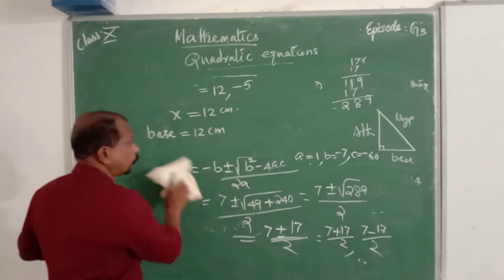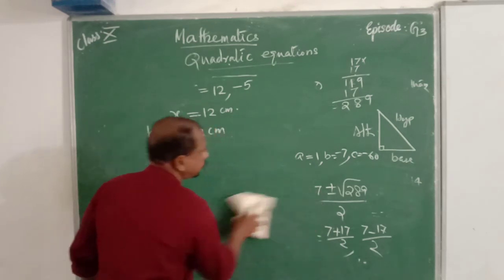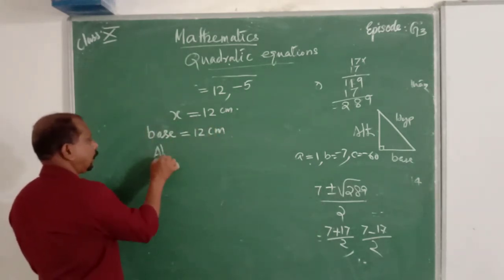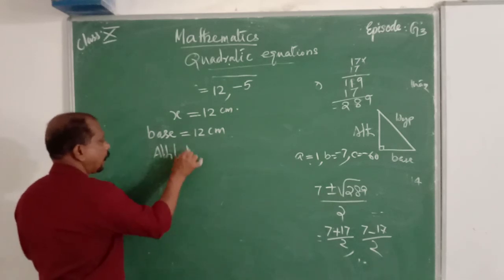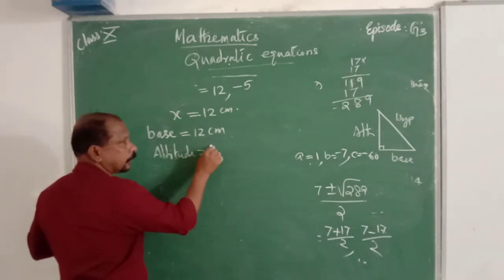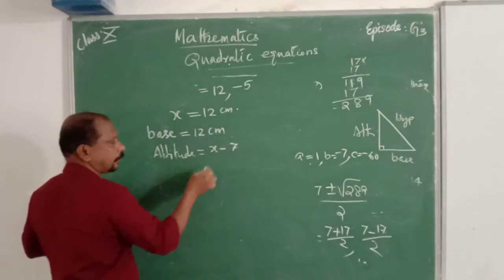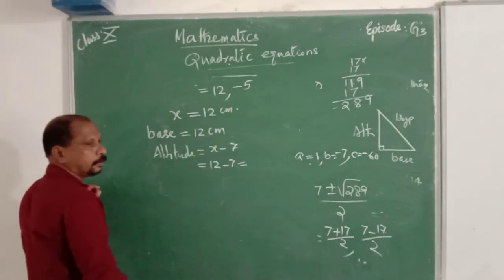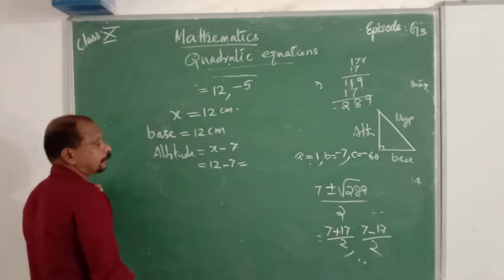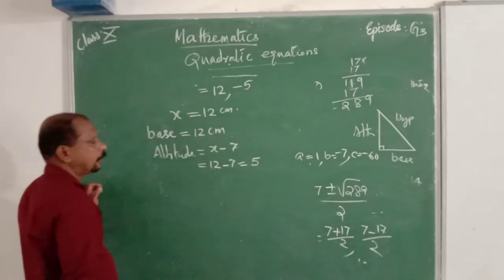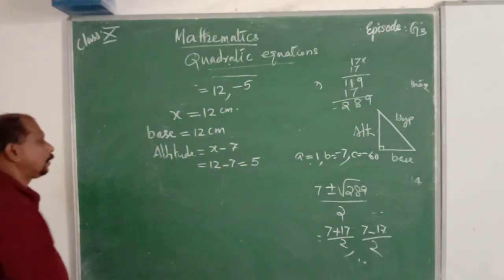Then what is the altitude? Altitude is equal to, as given, x minus 7, that is 12 minus 7, which is 5. Then hypotenuse